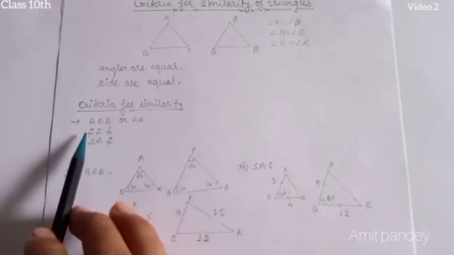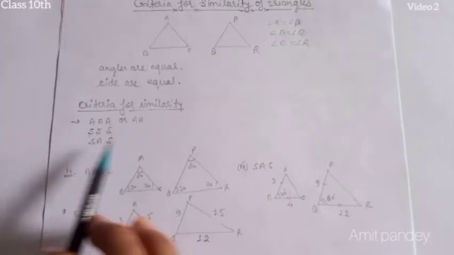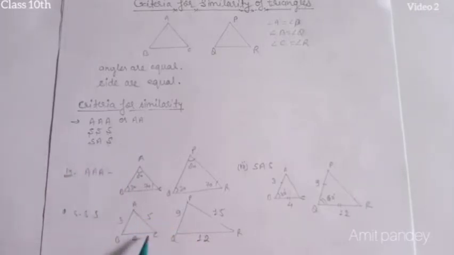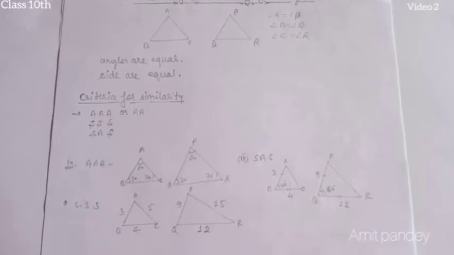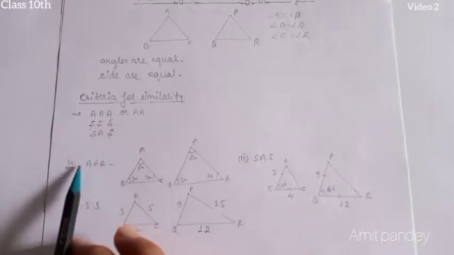Okay students, next is SSS, that means triple S. So here ABC and PQR, the lengths of the sides are given. AB is 3, AC is 5 and BC is 4. PQ is 9, PR is 15, QR is 12. Now check whether the ratio is equal or not. So here you can see 3 times 3 is 9, 4 times 3 is 12 and 5 times 3 is 15. Yes, the ratio of the corresponding sides is equal, that is 1/3. So we only assume here 3 pairs, as I said earlier.